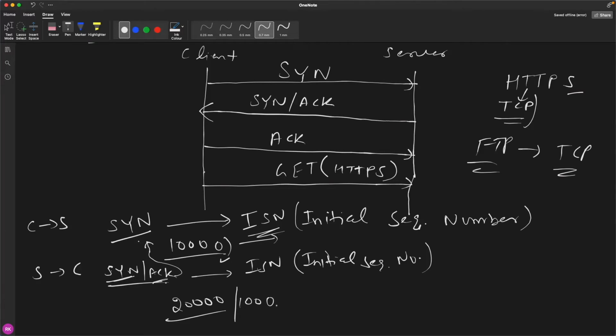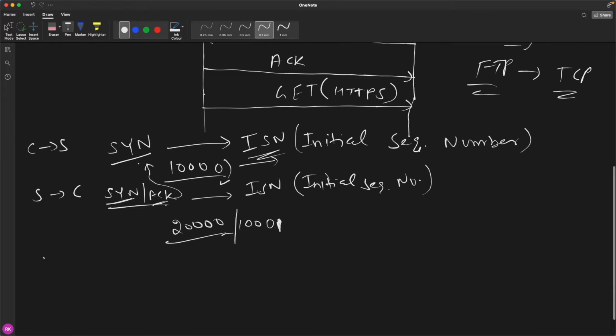So now the server will say that I am expecting 10,001 in the next packet, and it has sent 20,000. Okay, so this is how the flow works. And finally the client will send the acknowledgement to the server. It will acknowledge this 20,000. It will say that I have received 20,000 and now I'm expecting 20,001 in the next